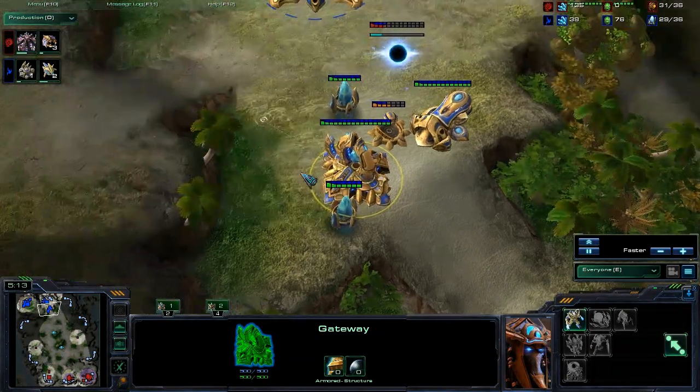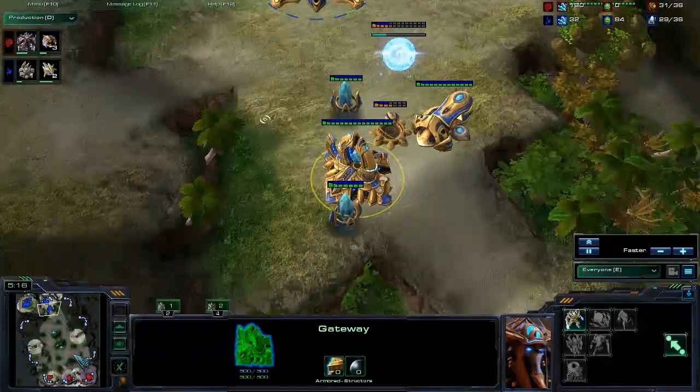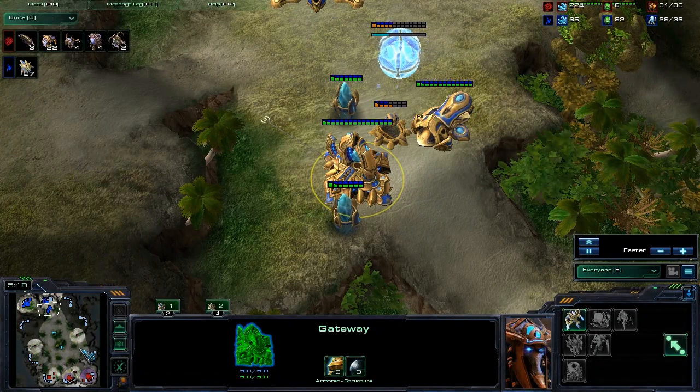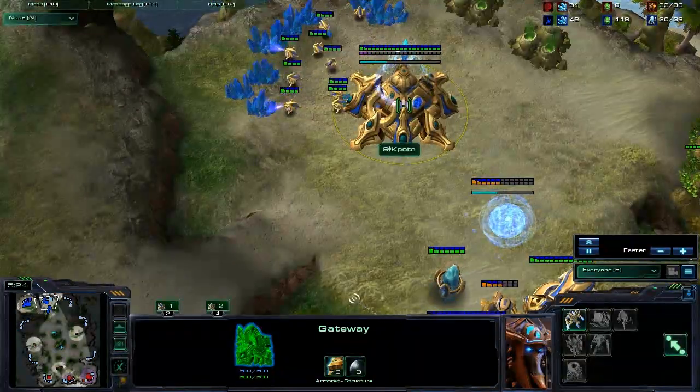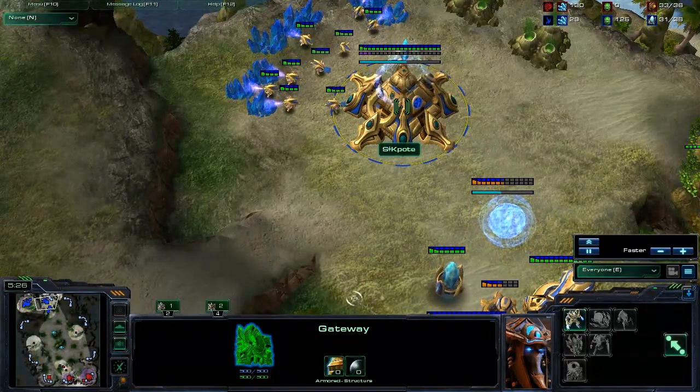So yeah, it's really strange. It's really strange, I gotta say. Are there no zealots? Yeah, there are no zealots. There's only 27 probes for our Protoss player here. Yeah, I'm just gonna call you Protoss player because Skpote is...